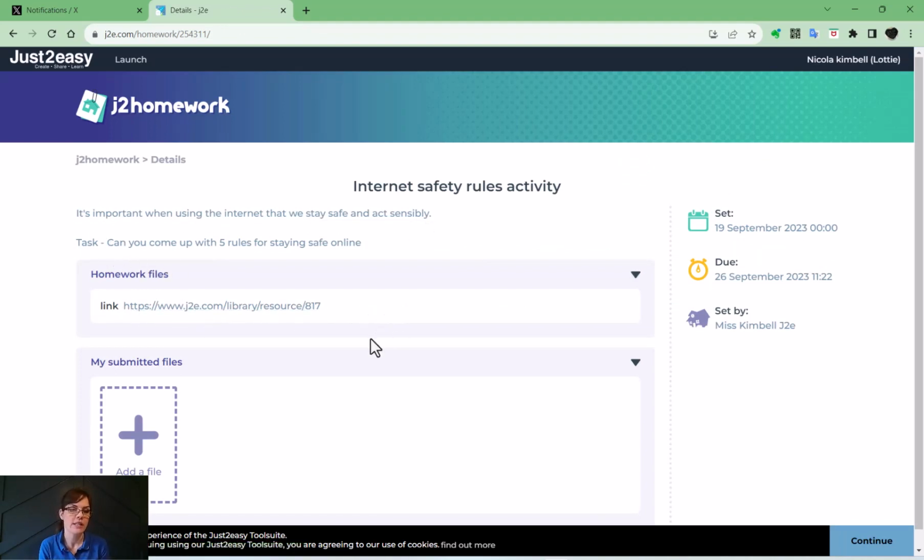Now, there are 2 ways of setting homework. As a teacher, you can set your own homework, so you can define that task and add in files. You can also set homework directly from the library. So if you find interesting library activities that you want to use, click the homework button and that will pre-populate your homework task, that you just need to then set a set date and a due date,